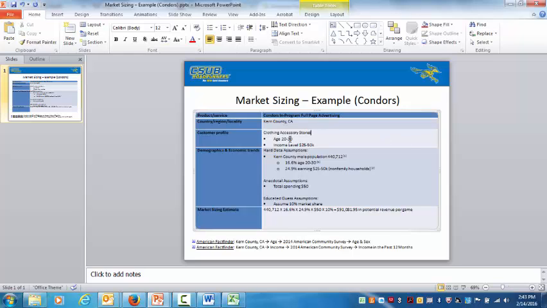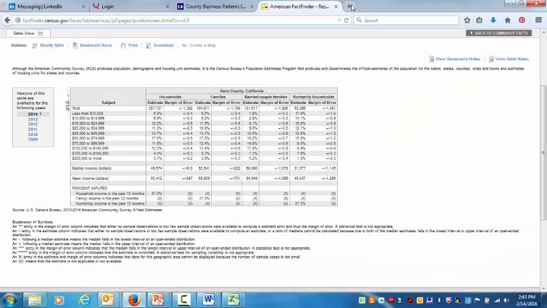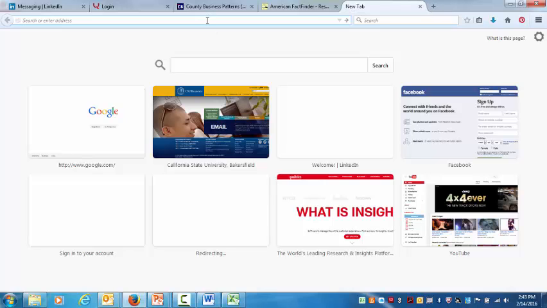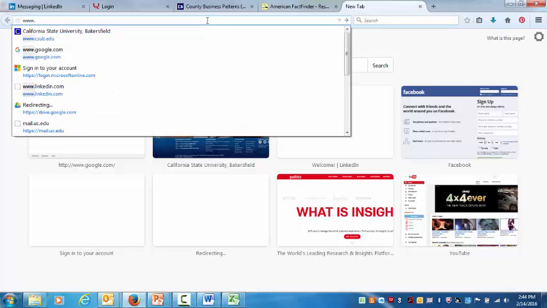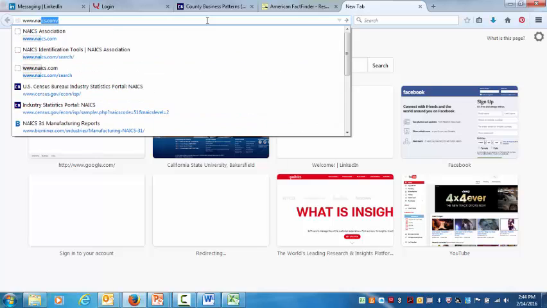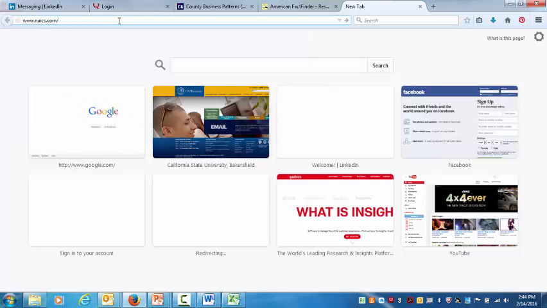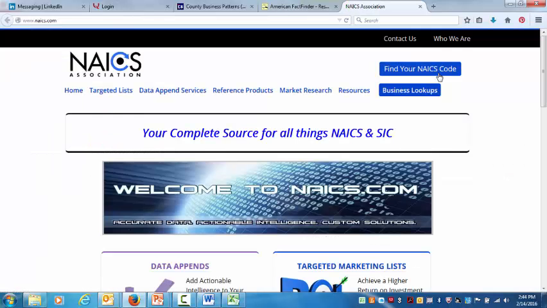So we're going to delete that and put in here, in a second, the NAICS code. We need to go find out what it is first. So to find that, we need to go to the NAICS website. So you type in www.naics.com, go there, and you'll see a little button here that says Find Your NAICS Code. Click on that,